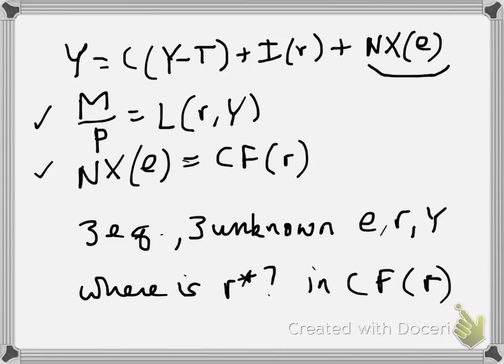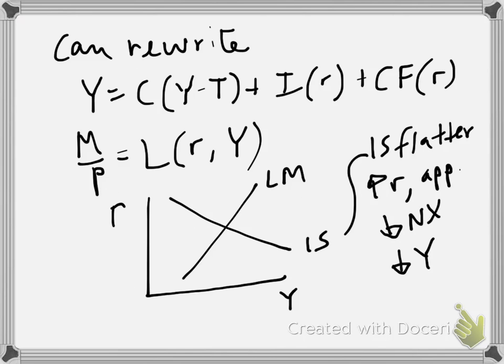So what did we do with this? Well, notice that since net exports equals capital flows, we can just plug the capital flows into the net exports in the first equation, and then we get two equations with two unknowns. This looks just like our ISLM, where we have GDP equals the sum of its components, and money supply equals money demand. But our IS curve now is going to be flatter,